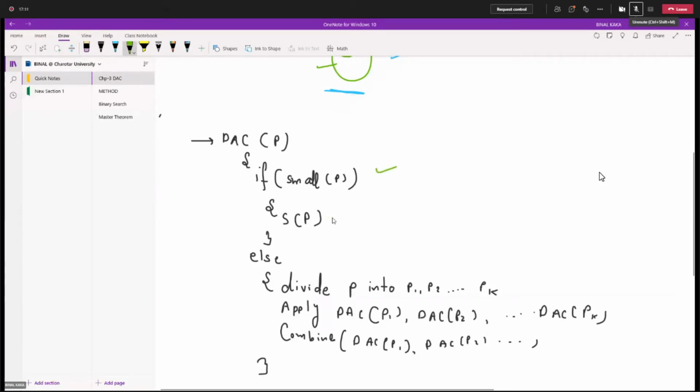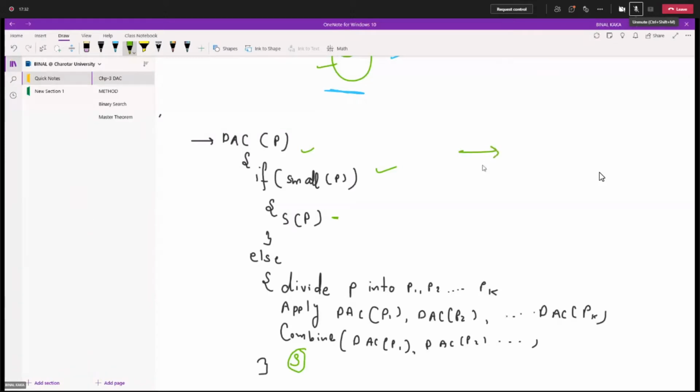If the problem is small, that's fine, you have the answer or solution. If it is large, then you have to apply divide and conquer for each and every subproblem, then combine each divide and conquer result for the solution. And we have a particular solution for that particular problem P. Getting it?